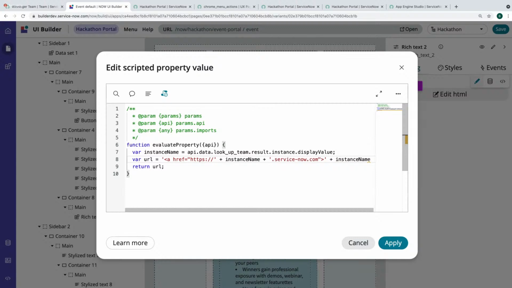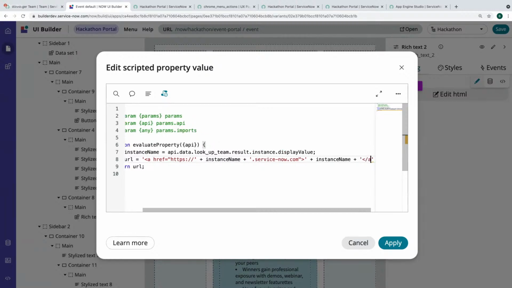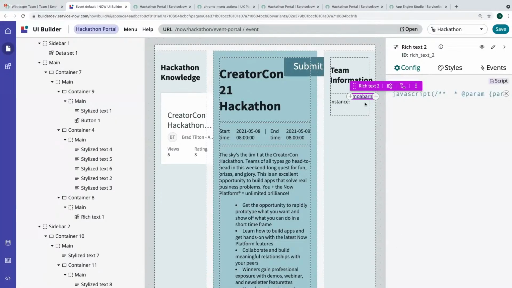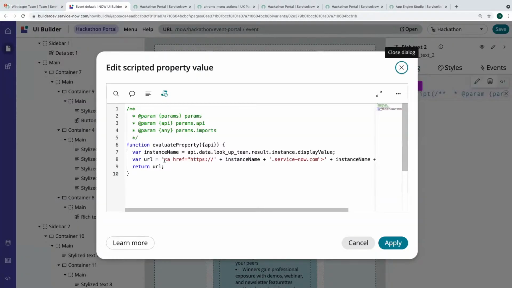If I was really feeling good, I would do this in ES6, but I can't quite remember the syntax. All right. Does that look like it's going to work? That actually does look like it'll work. All right. So let's apply. It does look clickable. And I think we need to do one more thing to make it show up right.